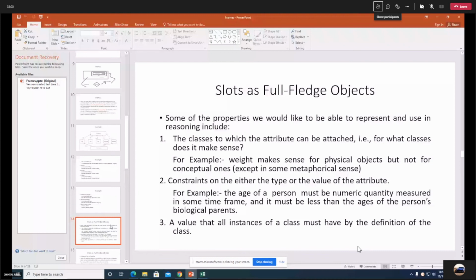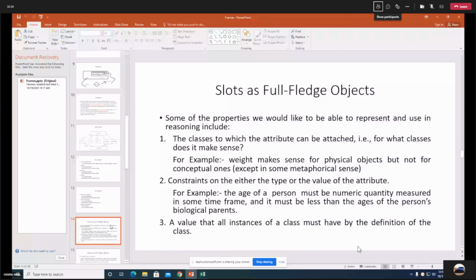Information like this: the classes to which the attribute can attach. For example, weight you can attach to a class which has some physical object or physical existence. But can you attach the weight attribute to a conceptual class? No, we cannot do that.